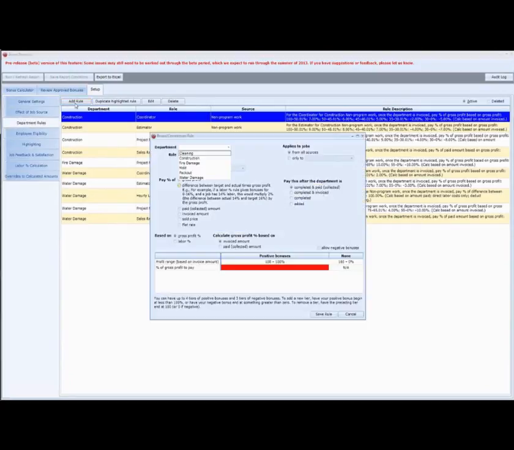So I'm going to add a rule. I'm going to make it for construction, project manager, Peter. I want it to apply to all sources. I want gross profit. And this time I do want completed and paid, because Peter's job description is that he